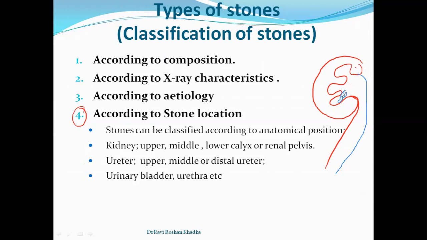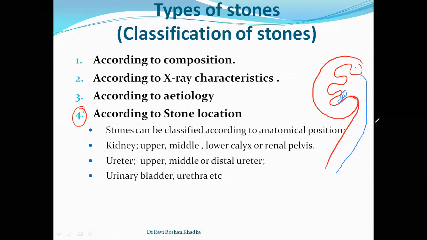Okay, so see, this stone is located at the lower calyx. So what's the importance of knowing the exact site of this stone? If you know the exact site of the stone, suppose the stone size is around 2.5 or 3 centimeter, a large stone, suppose. And in that scenario, what we can do is,